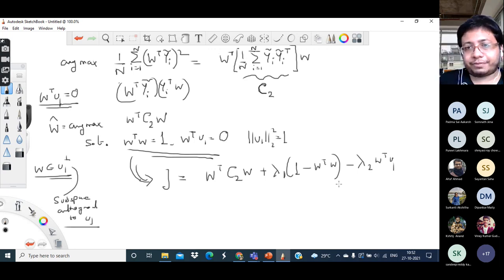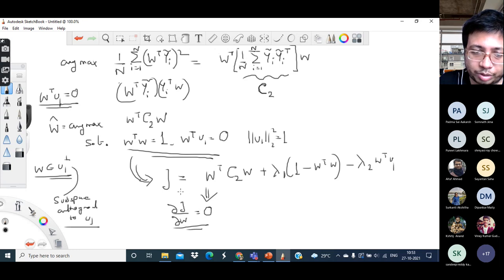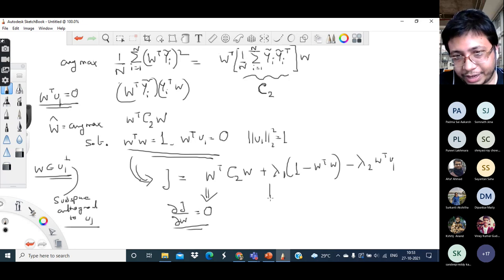Now I have several constraints like this, and I'm not going into the details of all these things. But again, what I will do is choose w such that I take the derivative of the augmented objective function with respect to w and equate it to 0, and finally it will turn out that